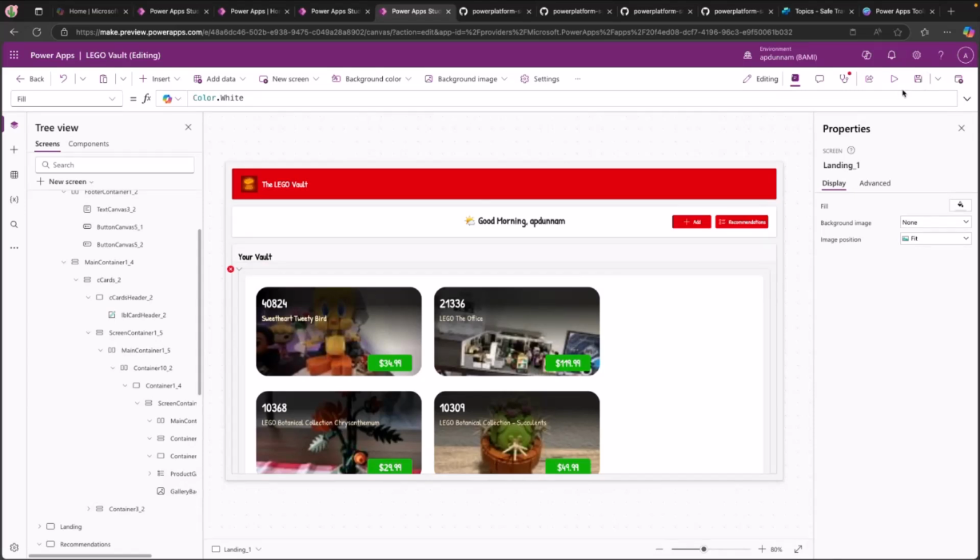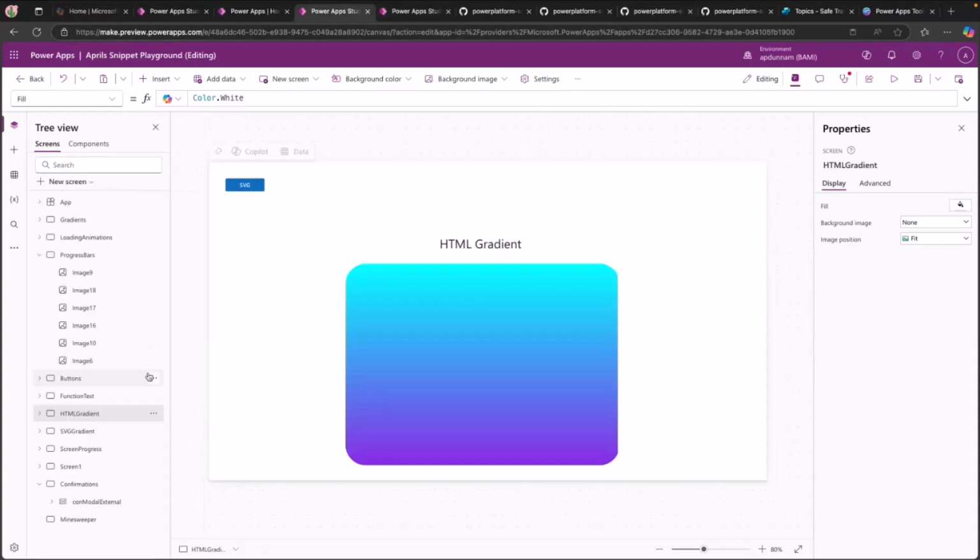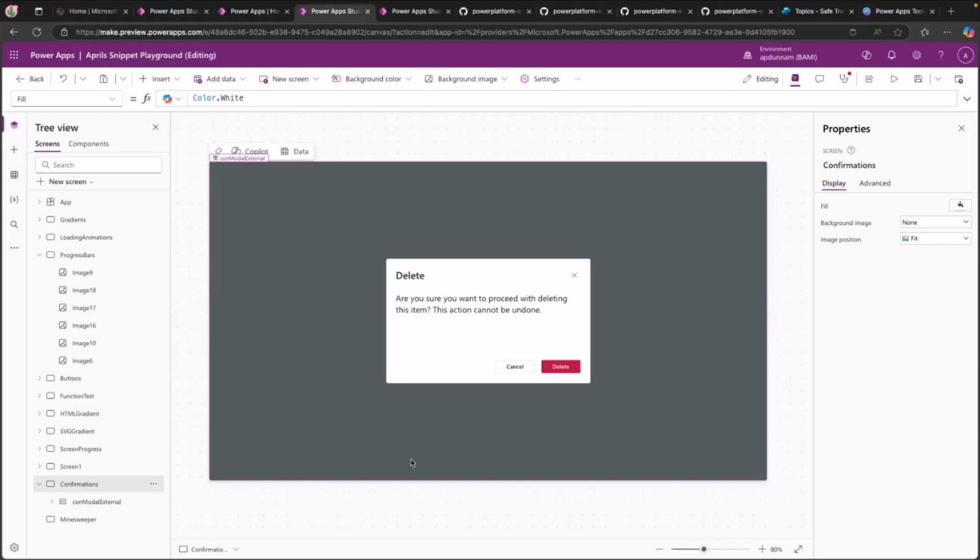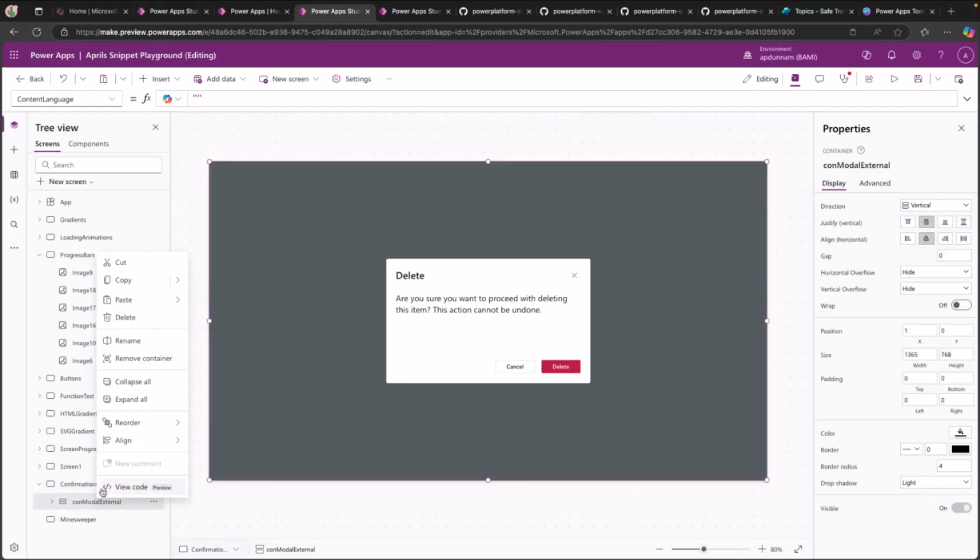And there is so much more that we could go on and on doing with these snippets, thanks to the snippet repo. We can even have internal created snippets. So I have a whole app dedicated to just storing a bunch of snippets. So if I need a confirmation delete dialog, I can come in to my Canvas app. I can right click and I could say copy code.